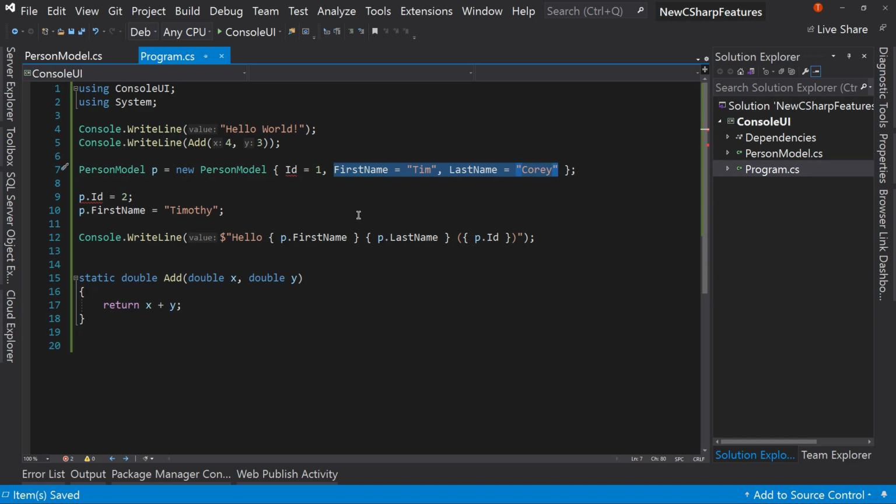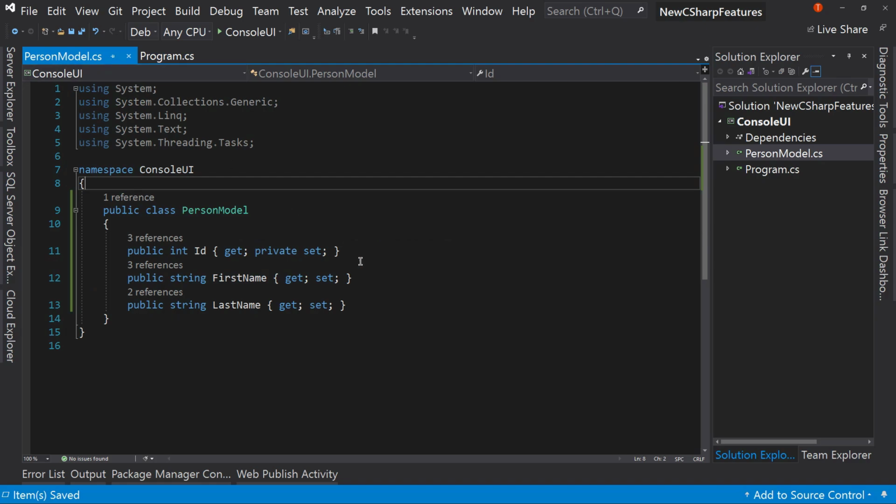Because you see, let's just say we're using Dapper to get our information from our database. We need to allow Dapper to write to all the fields, but we wouldn't want to then be able to change ID. Dapper doesn't play well with calling constructors. That's not the way it should work. So it's going to work more like this. Let's change now to the init property. So instead of a private set, we're going to say